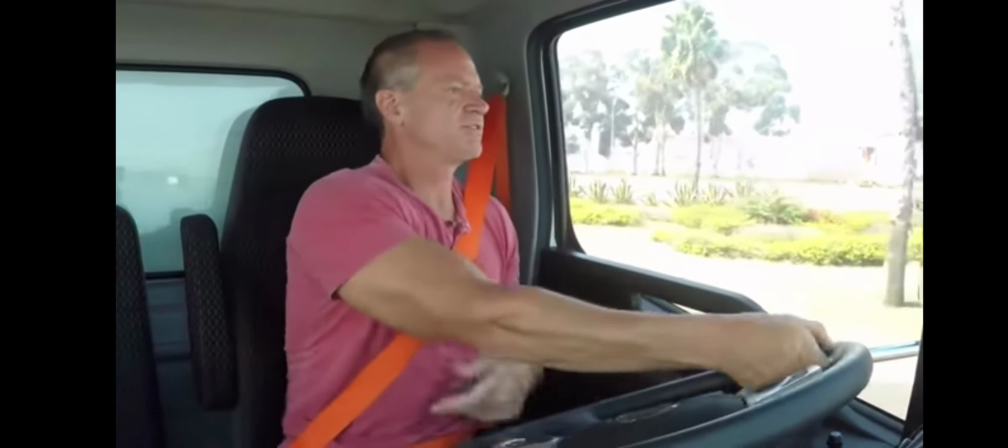Smooth acceleration coming out of the lot. Wow, very, very quiet. Extremely quiet. Hairpin turns here. Same maneuverability as you would